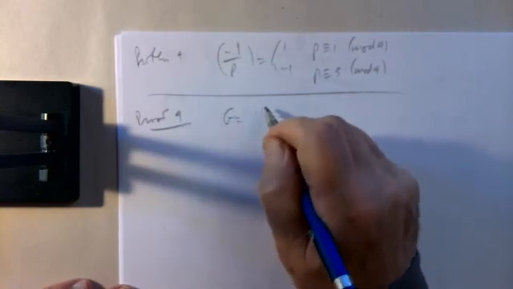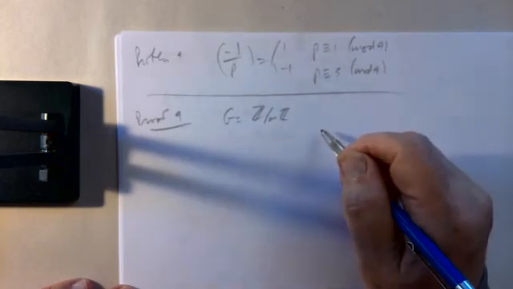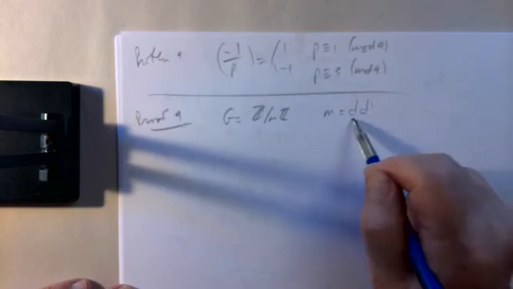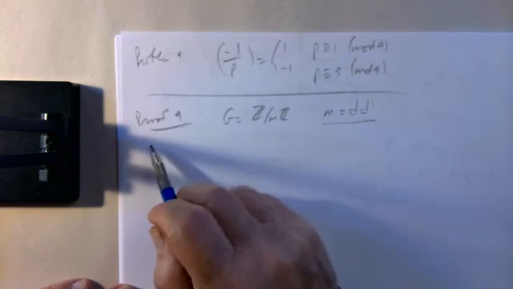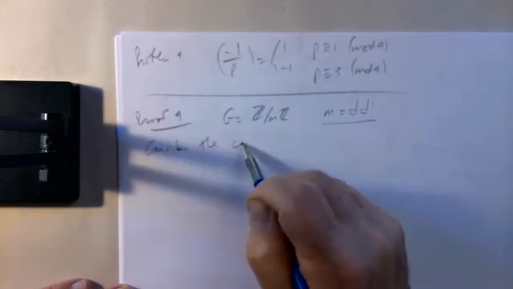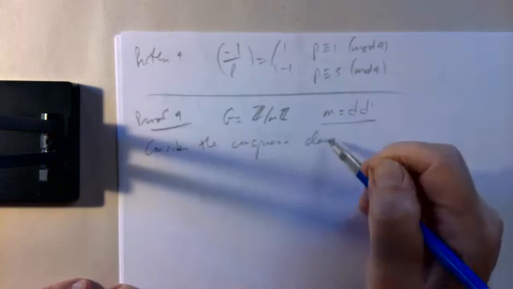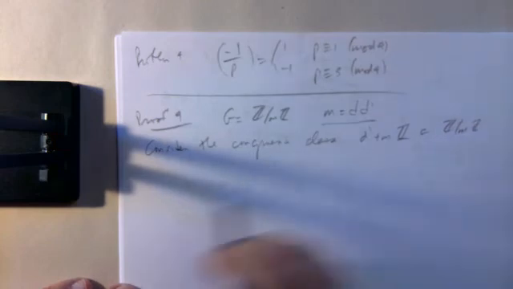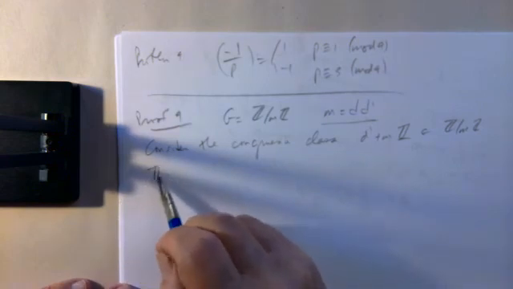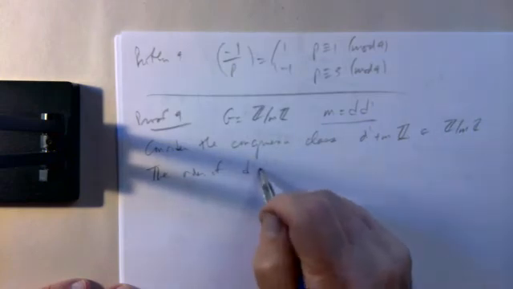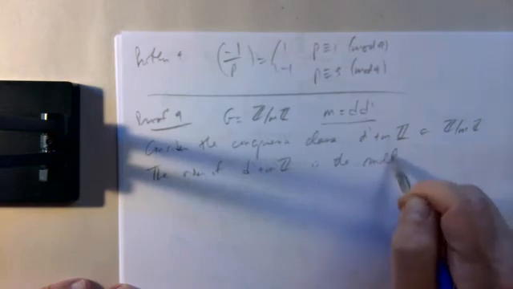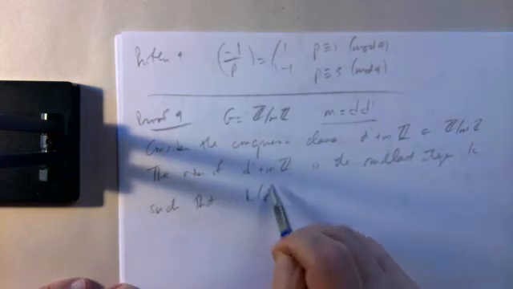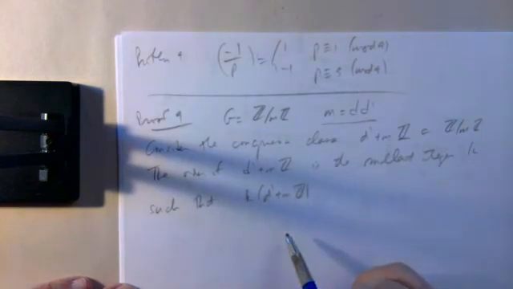So G is just the congruence classes mod M. And we can write M as D times D prime. So D prime divides M, and M over D prime equals D. Okay? So consider the congruence class D prime plus MZ. So that's one congruence class in Z mod MZ. The order of this congruence class is the smallest integer, let's call it K, such that K times D prime plus MZ